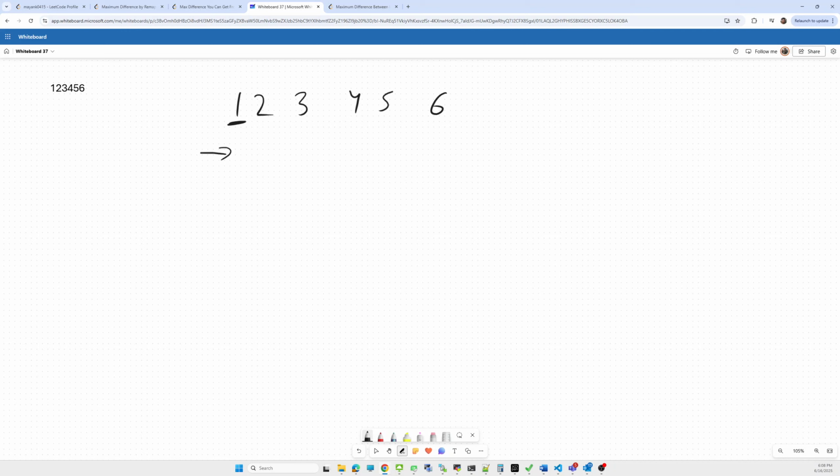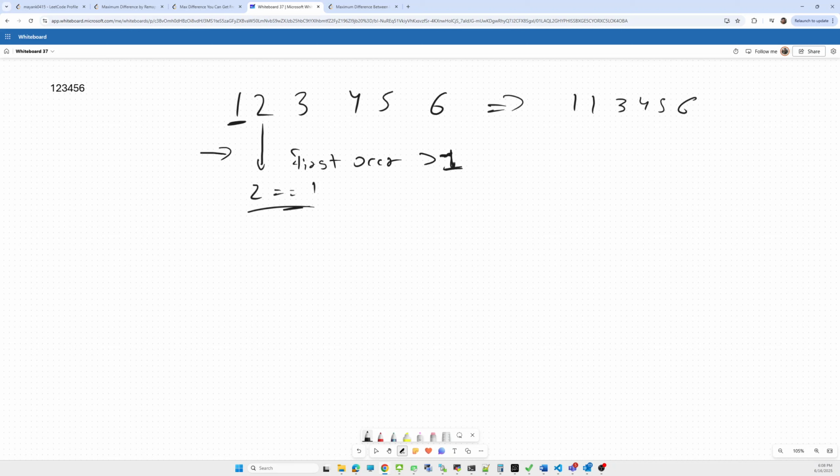first occurrence of a character which is greater than 1, not equal to, greater than 1. For that character we have to replace all occurrences of it with 1. So see, in this example the first occurrence will be 2. So we'll replace all the occurrences of 2 in this num's digits by 1. So the minimum value will be 1 1 3 4 5 6.